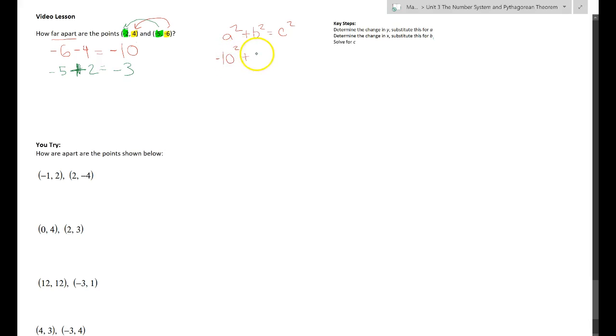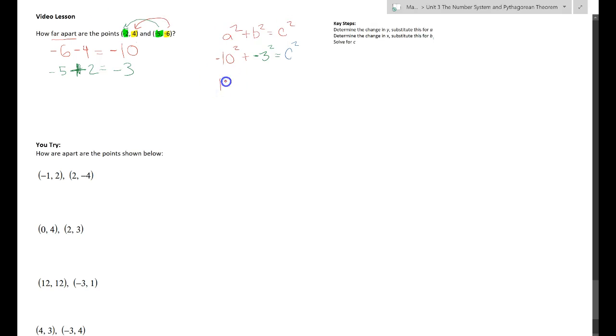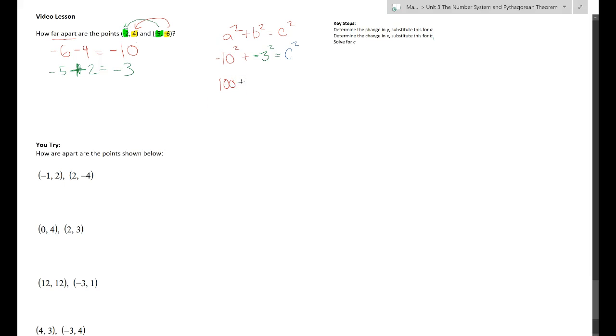So I'm going to say -10 squared plus -3 squared equals, and this is going to allow us to determine C squared. So let's actually go in and solve this. -10 squared, hopefully you've seen, is 100. It is not -100, but a negative times a negative is a positive. And therefore the same logic holds true for this -3. -3 times -3, or -3 squared, is 9. And all of that equals